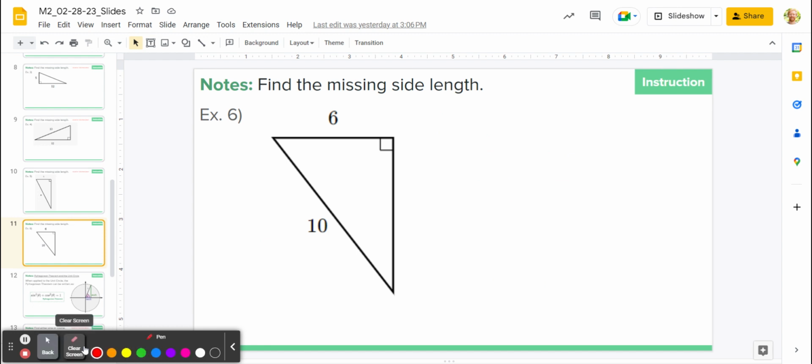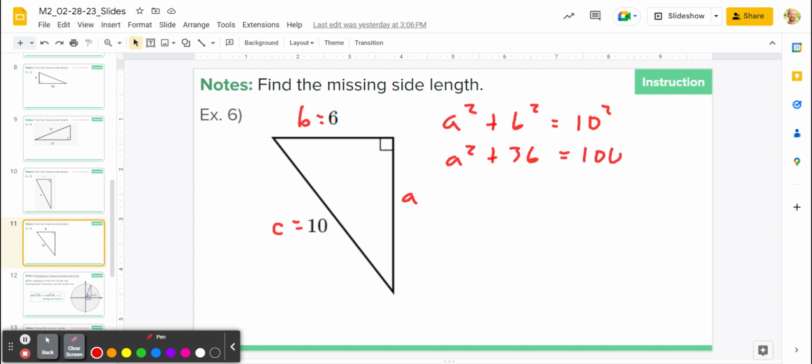All right, last one here. Again, hypotenuse is going to be 10. Let's set our missing side to A and set 6 as our B. Set up a formula, a squared plus 6 squared equals 10 squared. Okay, that'll give us a squared plus 36 equals 100. And if we subtract 36 from both sides,